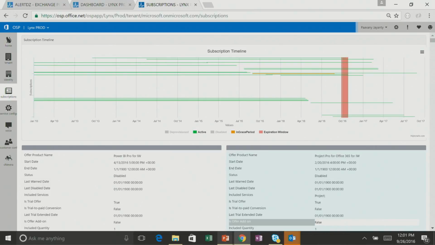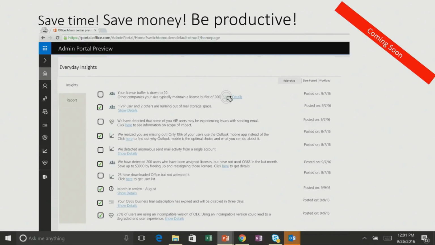And last but not least, I showed you a bunch of steady state insights, and I'd like to give you a quick peek into what this can do for you. Again, this is a new offering called Everyday Insights for the tenant admins. Again, this is powered by the Customer Fabric. The goal here is to gather all these insights that we're actually computing and serve it back to the admin. We want to empower the admin with a set of insights that truly let them get the most out of Office 365, ultimately to save time, to save money, and just be more productive.